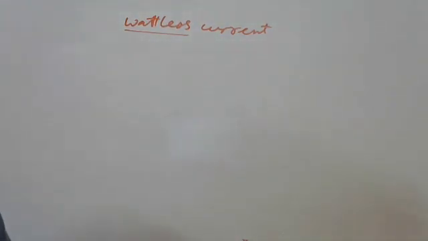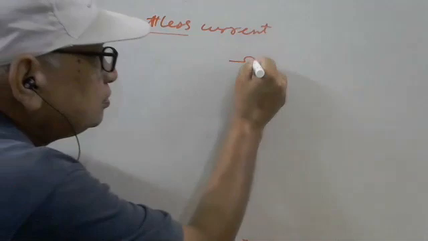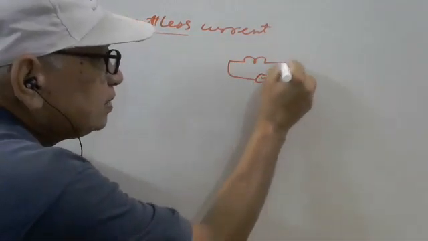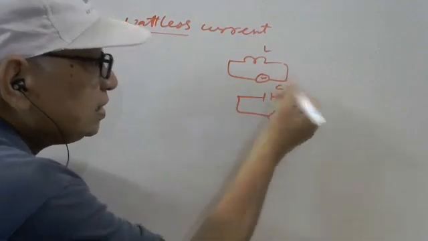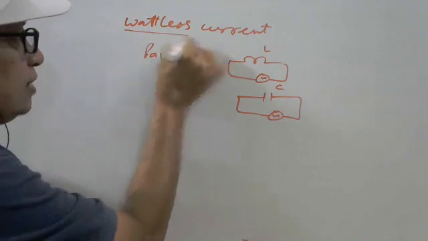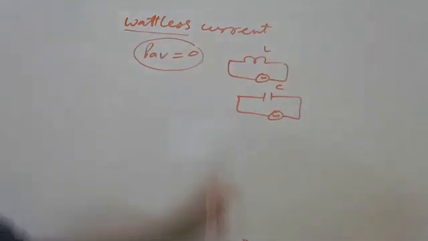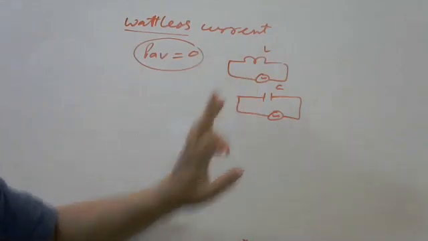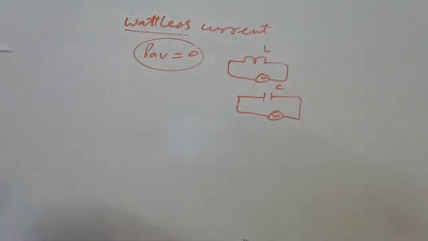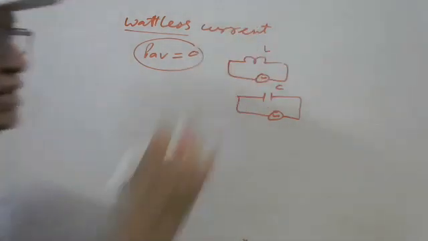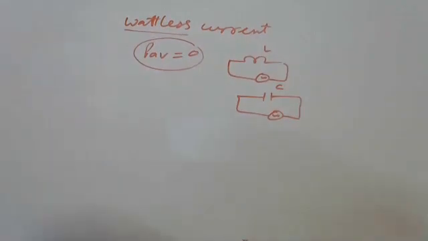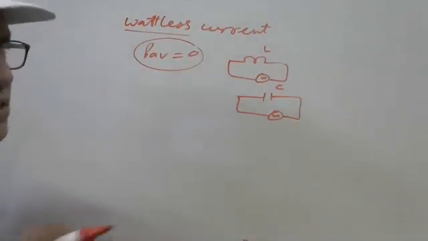In AC, suppose if pure inductor or pure capacitor, we know what the power average in one cycle is in both the cases, but the power average is 0. We have derived in both the cases. Question is, L and C must be ideal. Why there is no power? Because we know the voltage and the current, the phase difference is 90 degree.